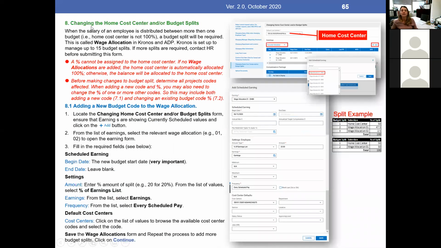Okay, 8. So changing the home cost center. A very important and very often used action is changing the budget, the home cost. Home cost, if you don't have any additionals, will be at 100% at whatever is listed as default cost center. If there's a split, let's say it's a 50-50 split, you'll add the second budget here as a wage allocation